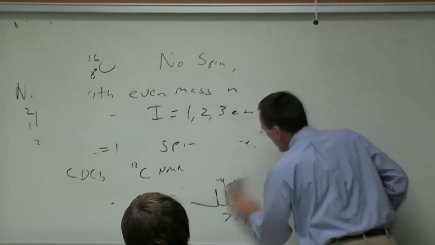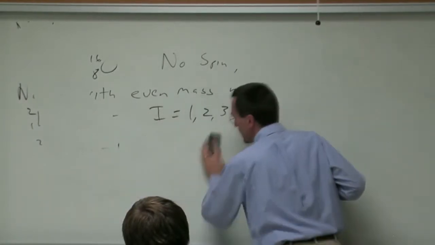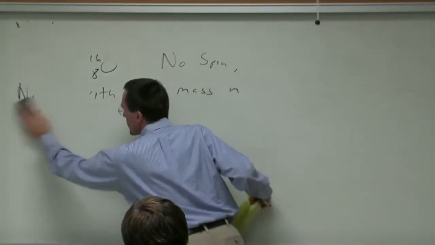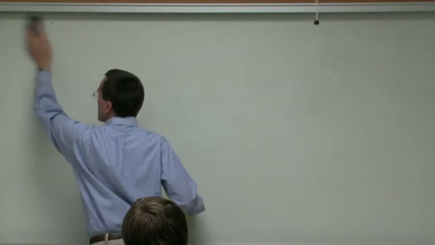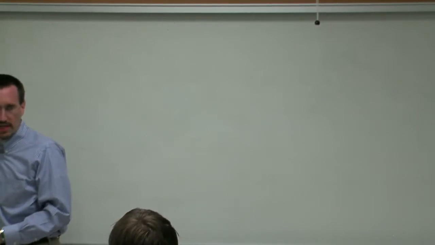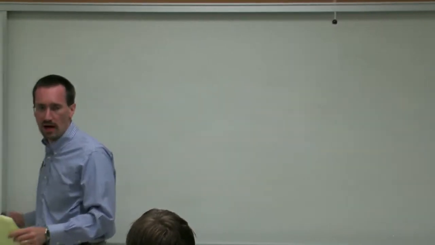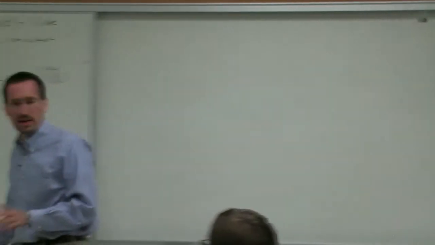And later on, when we start to talk about 2D techniques like HMQC and HMBC, terms like J1CH, J2CH, and J3CH, in other words, 1 bond, 2 bond, and 3 bond carbon-hydrogen couplings will become very important